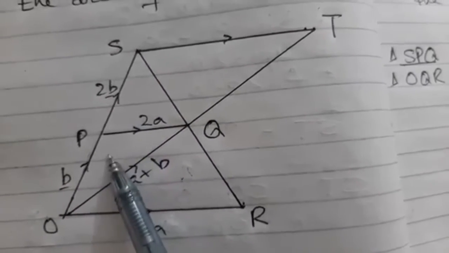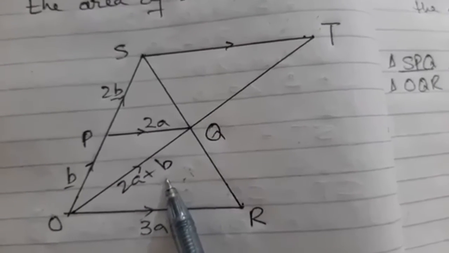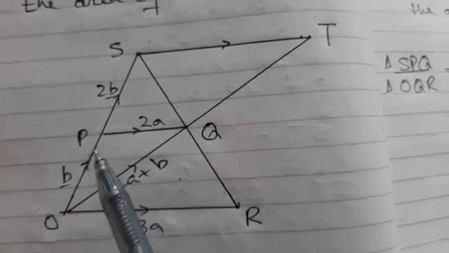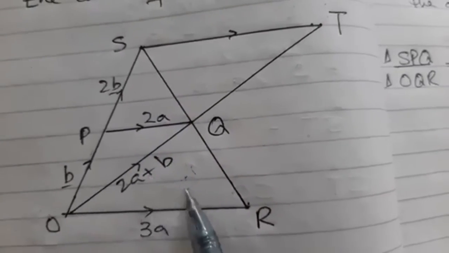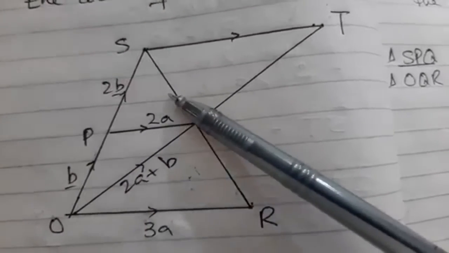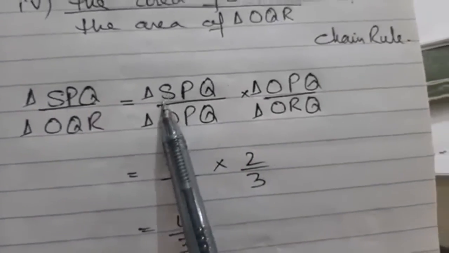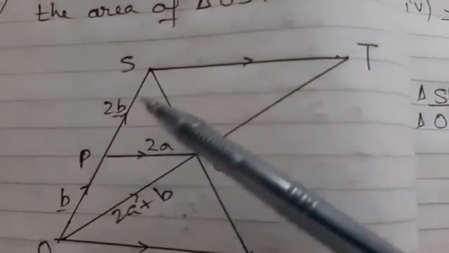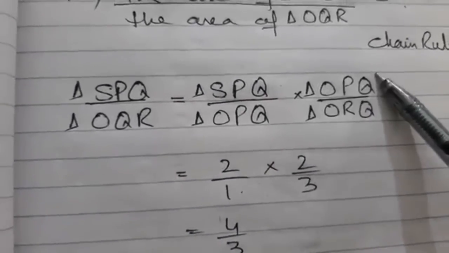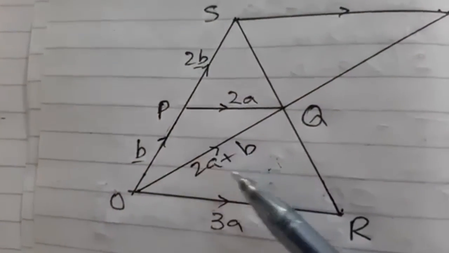We have done in part 1. Similarly, this and this also connect, sharing common height. So there is a connection between them. Sorry, so this triangle is a common thing between them. So we will make a chain rule of this triangle with this and this triangle with this. So how will I write here? I will write SPQ over OPQ, showing you SPQ over OPQ, and then OPQ over